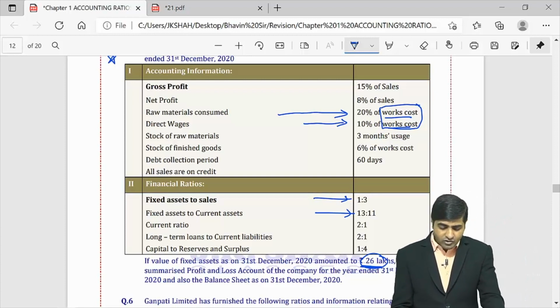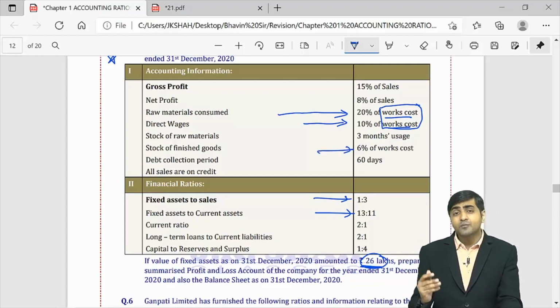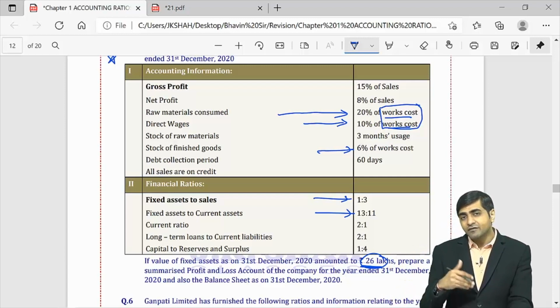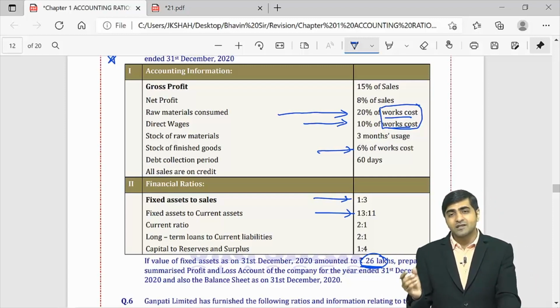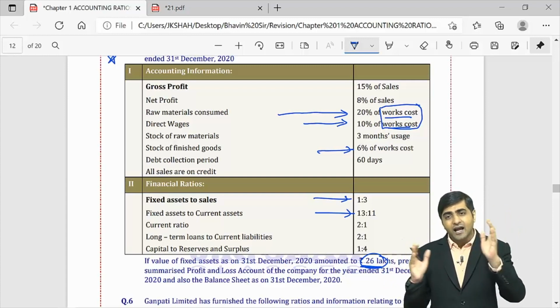Then guys, you can also value your stock of finished goods, which is nothing but 6% of the work cost, which will appear on your balance sheet asset side in the current asset component, and you can avoid writing down that in your trading account credit side because your opening and closing stock is the same. So even if you write down, the figures are going to be the same, by closing stock of finished goods, and on the debit side there will be to opening stock of finished goods, and both the figures are going